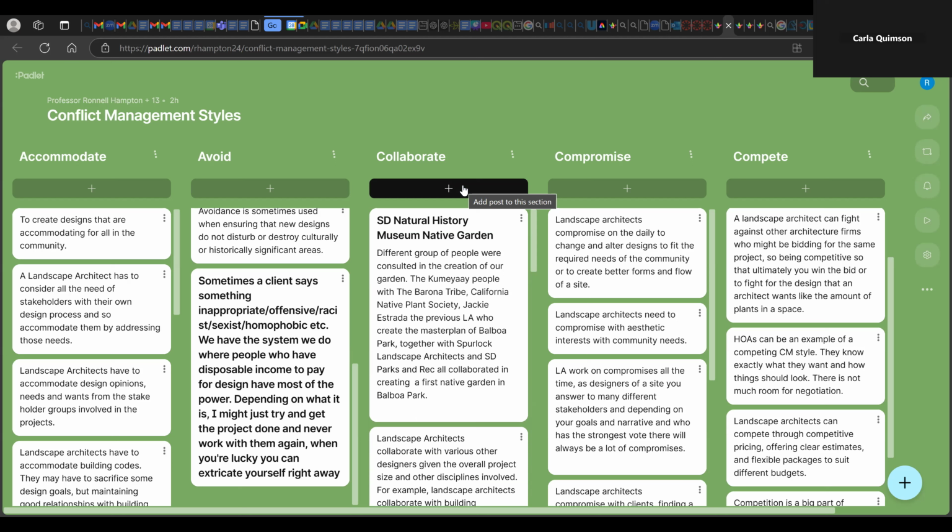It was really something out of the ordinary for Balboa Park, since Balboa Park, as we know, has a lot of exotic, tropical, water-loving plants. So we really needed a lot of buy-in from everybody, including the city,